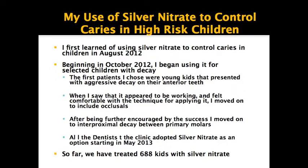I had tried enough things that I was like, okay, I don't have anything to lose. And so in October, I finally got it together enough to order the silver nitrate, the supplies. It was very easy, but it took me a few months to get going. And then I tried the front teeth first so that I could see if I could tell what was going on. So I treated the anterior teeth first,